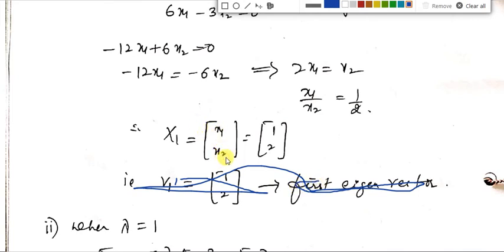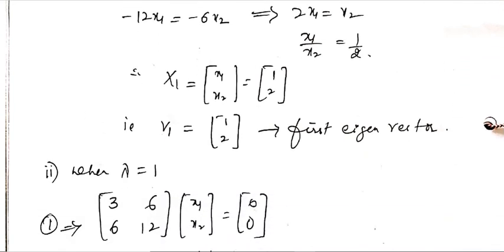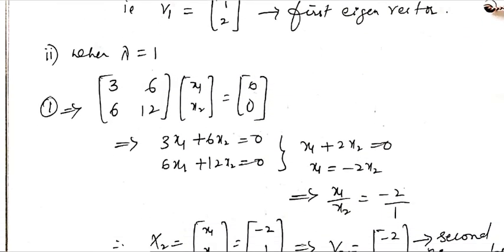x1 is equal to (1, 2). Next I will find the second eigenvector for lambda is equal to 1. Now putting lambda is equal to 1 in the matrix equation 1, then the matrix equation 1 implies